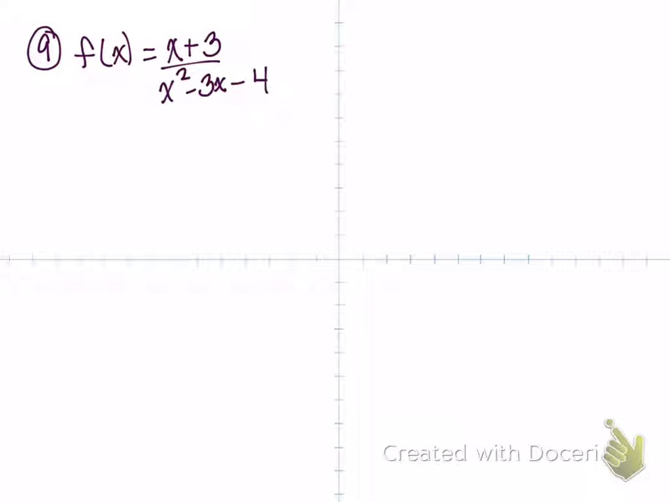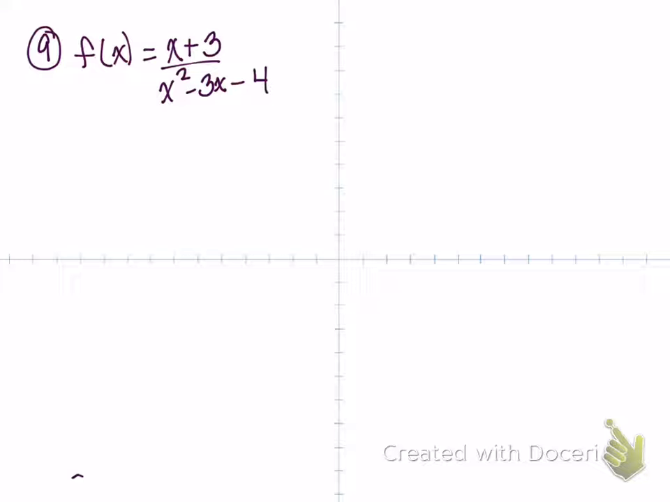This is number 9 for our chapter 3 and 4 review. What we are doing for this one is graphing it. The first thing I want to do is factor the denominator. That's going to give me my vertical asymptotes because that's where my graph is undefined. So I've got x plus 3 on the top,